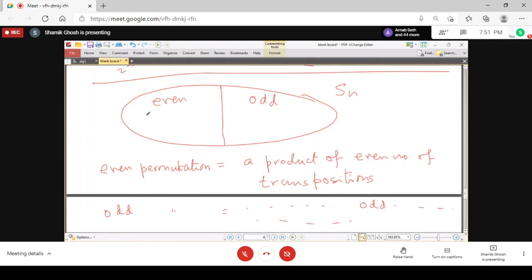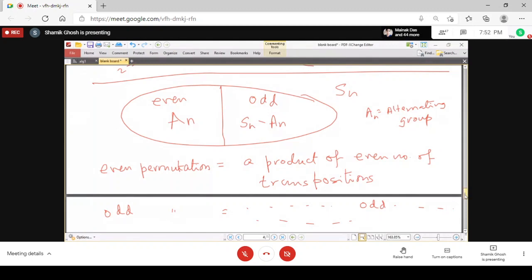And we will split the set of all permutations into two parts, calling some of them even, some of them odd. And all the even permutations are denoted by An. This A stands for alternating group. It is called alternating group. Again, the nomenclature I cannot explain to you now. And this is just the complement of the alternating group. Why is it called a group? Because they will form a subgroup of Sn.